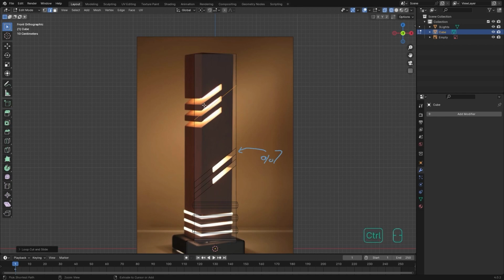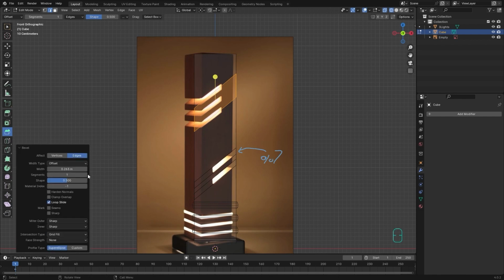Then I'm going to use the bevel tool with the Ctrl B shortcut. Let me use the tool this time. And I'm going to create this much. It's going to be at the center of the holes. And let me change the number to become 3. And then